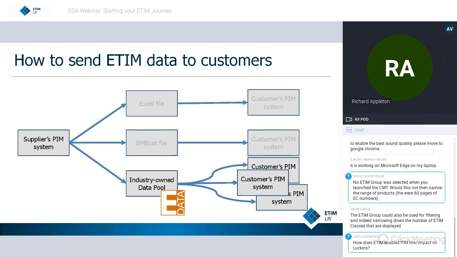The third option, which is increasingly popular, not just in the UK, but globally, is to upload the ETIM data into an industry-owned data pool. So a repository of data into which manufacturers can import their data, and they might do some verification on the data in doing that. And then wholesalers can access that data pool as and when they choose, filter the data that's in there,